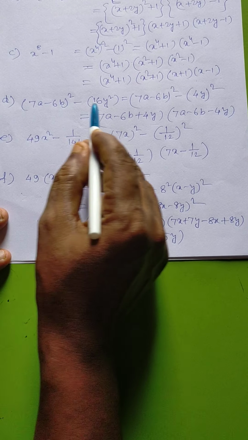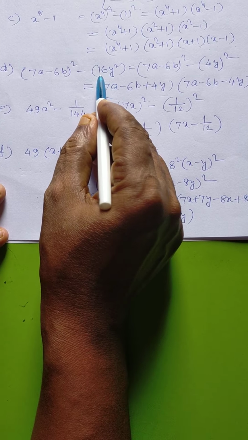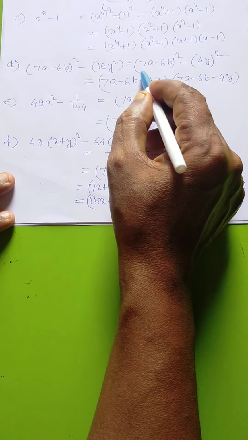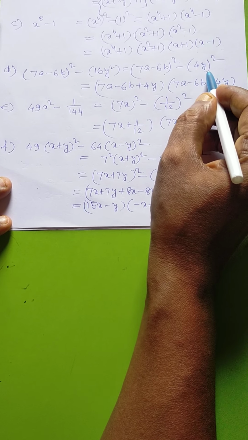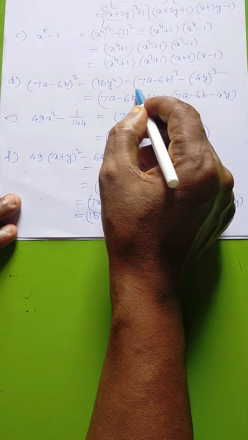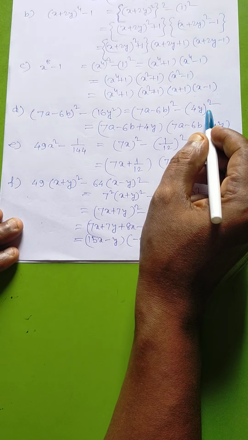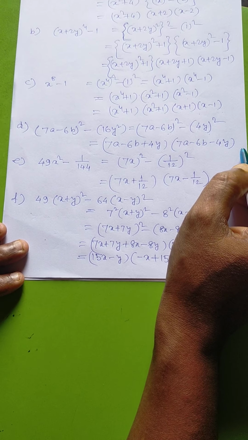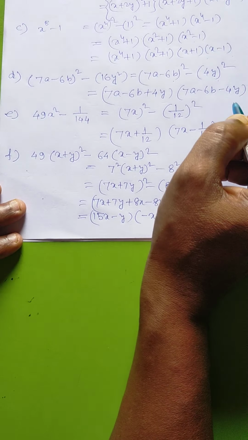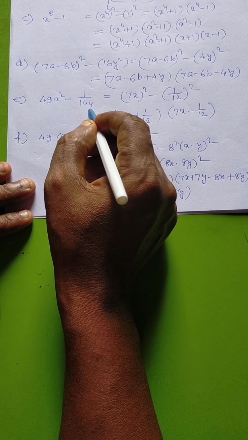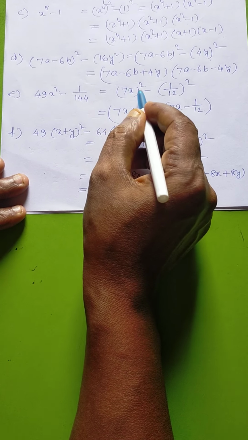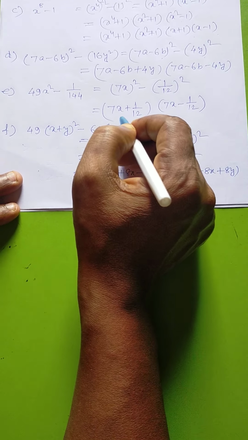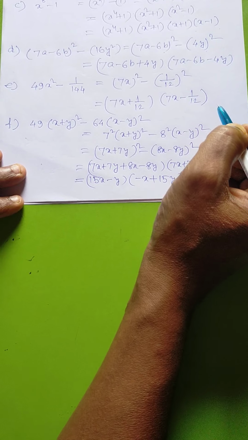Here this is whole A, this is whole B. Whole B means here 16y square we are writing as (4y) square. So this is B, this is A, suppose, or this is X, this is Y, as you think. So a square minus b square formula, (a plus b) into (a minus b). Here all are different terms, so there is no simplification, already it is simplified. This is x square minus y square, something is there, so arrange it in square form, then a square minus b square formula, (a plus b) into (a minus b). Always remember the formula very nicely.